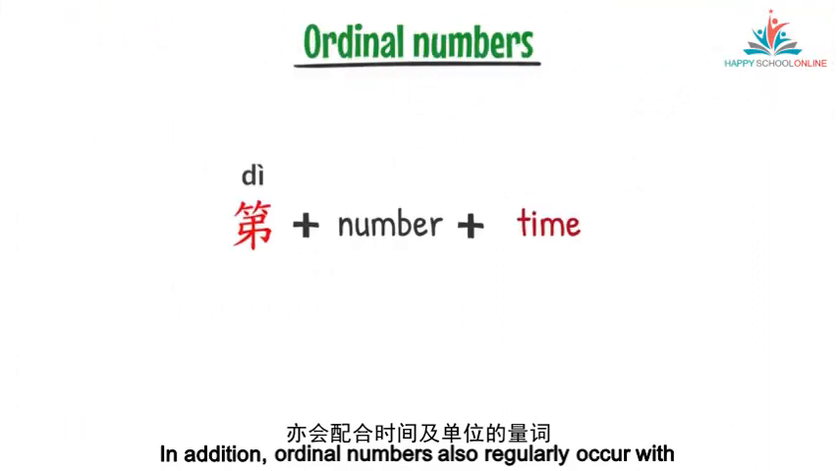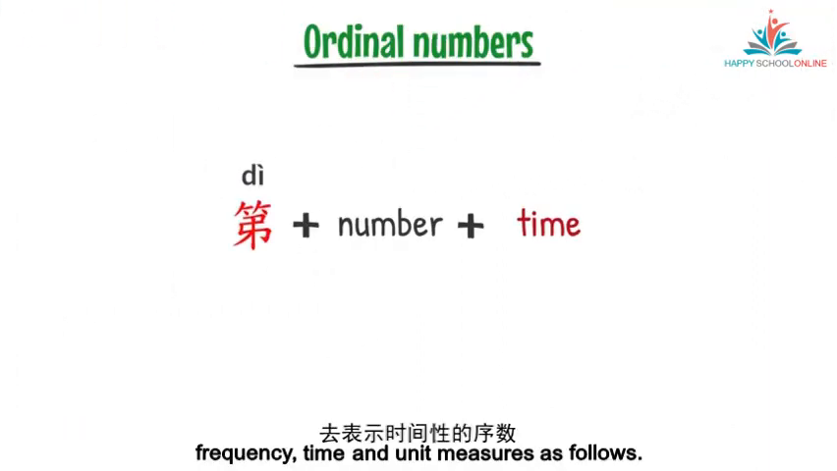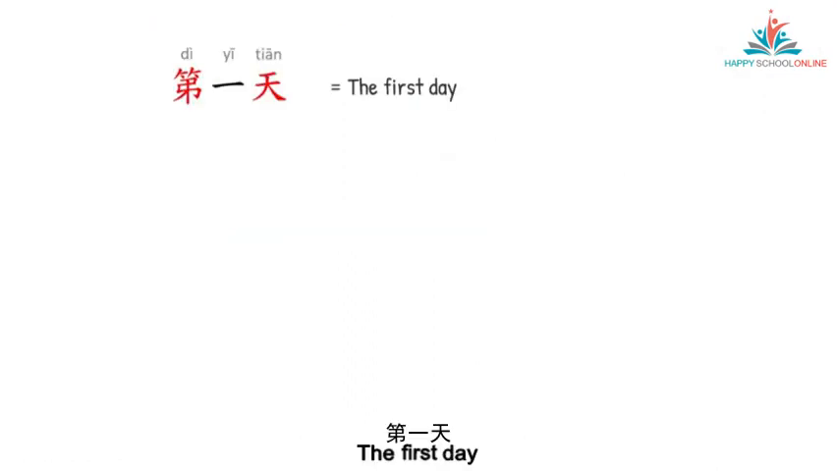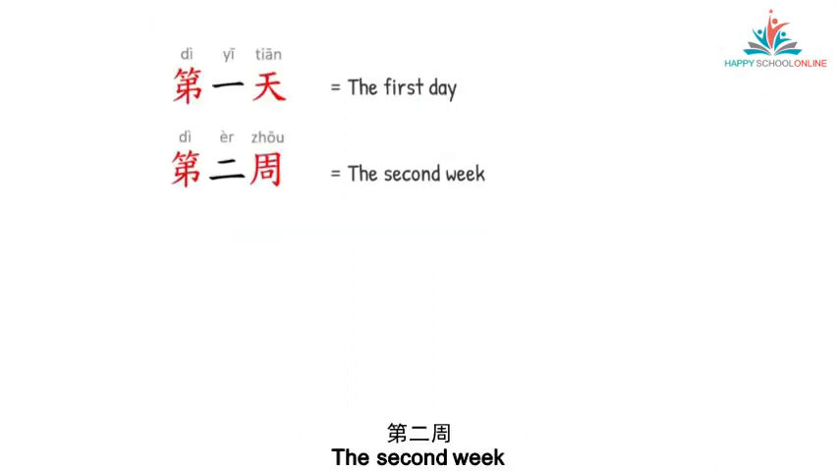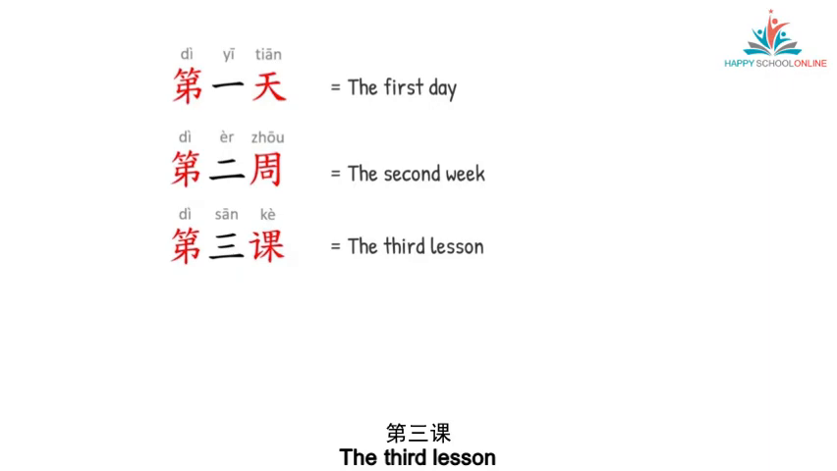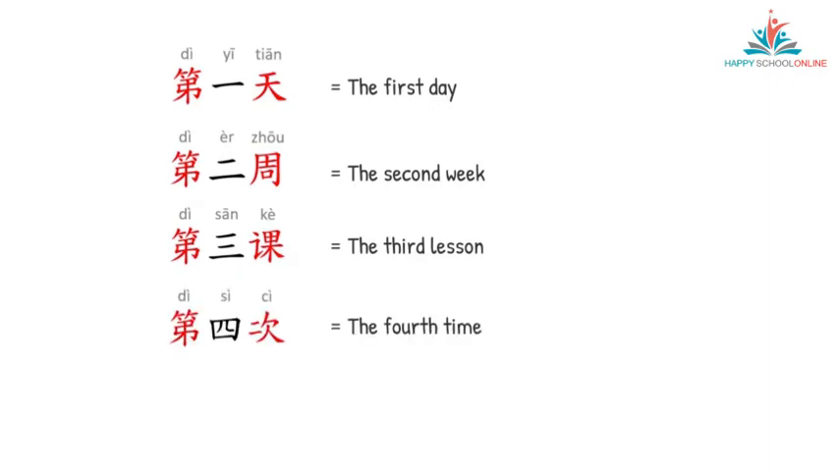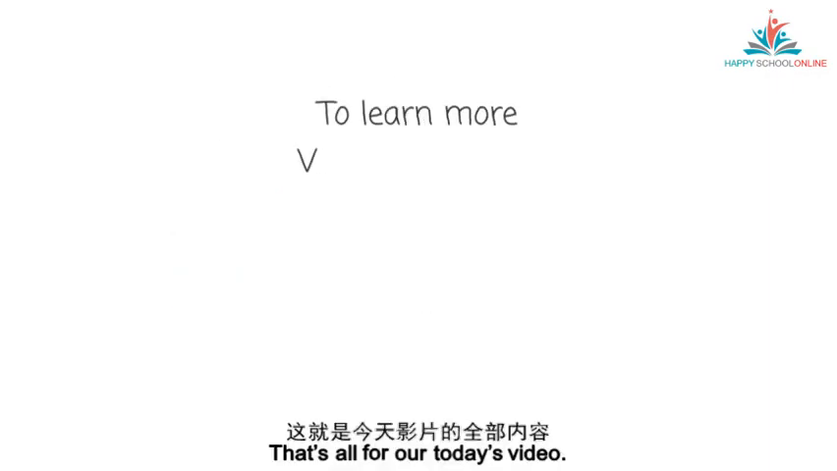In addition, ordinal numbers also regularly occur with frequency, time and unit measures as follows. 第一天、第二周、第三课、第四次。